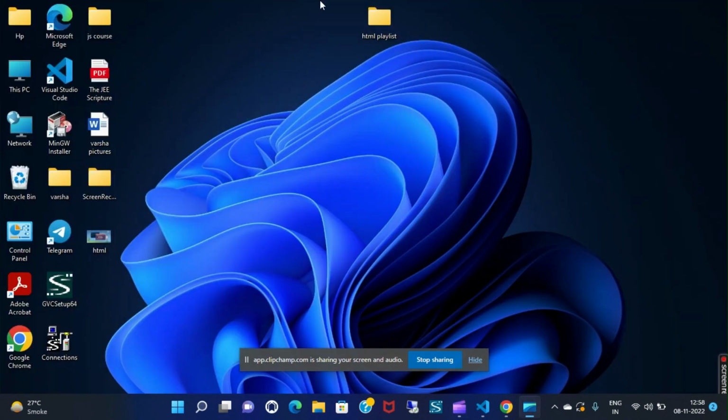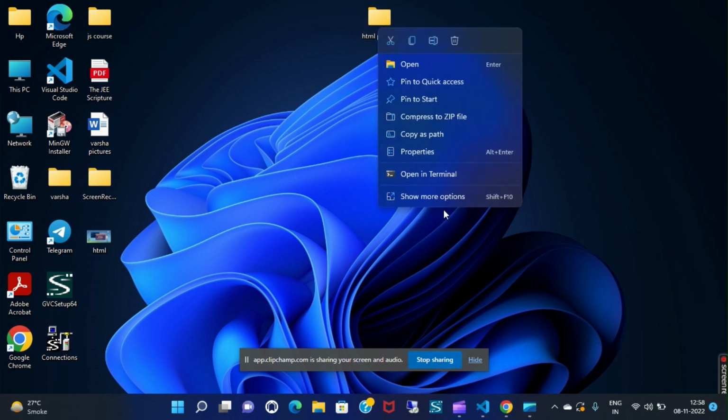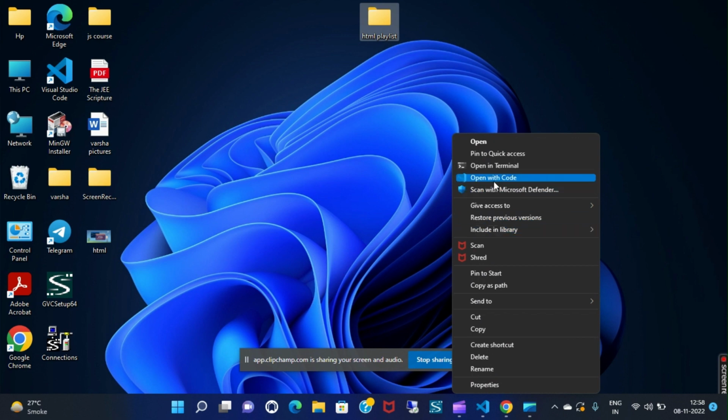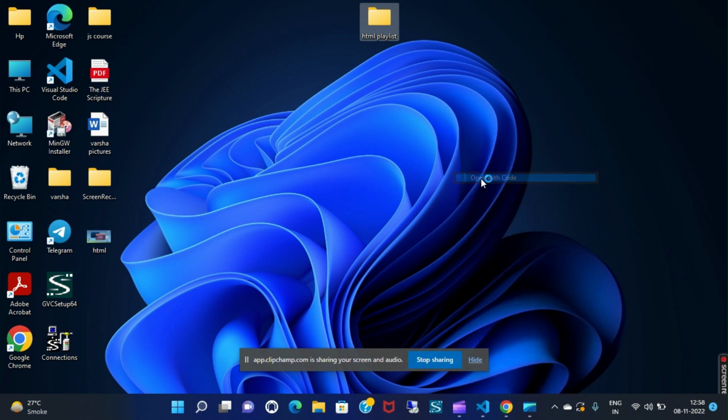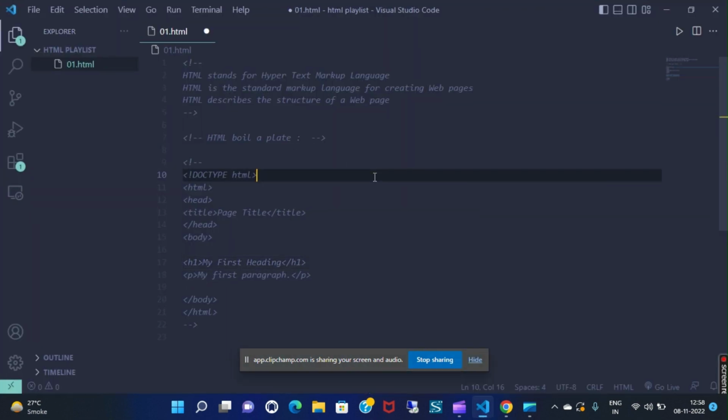So guys, first of all, in the previous video, I told you to create a folder called HTML playlist. So I am doing a right click on that folder. A dialog box appears. I'm clicking on show more options. There's an option called open with Code. It basically opens that folder with VS Code. This one is my file